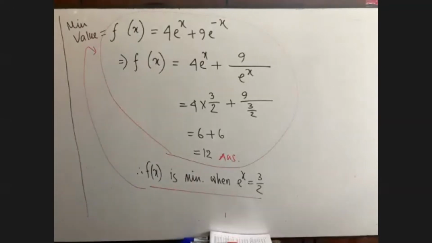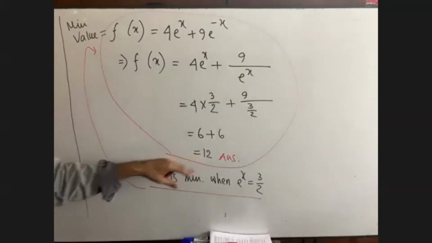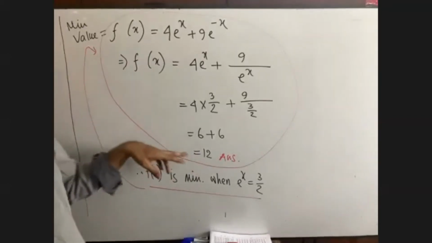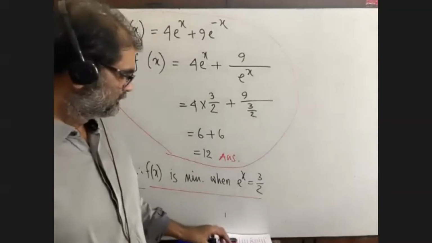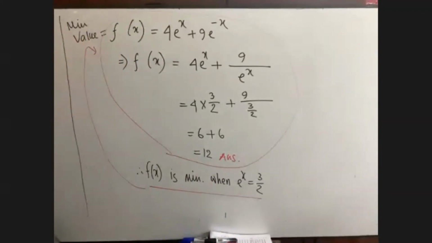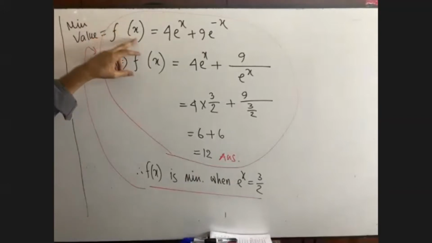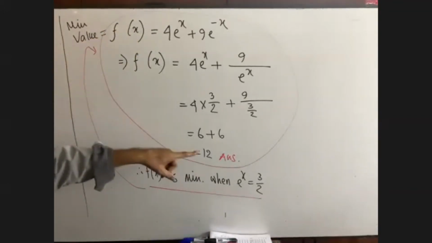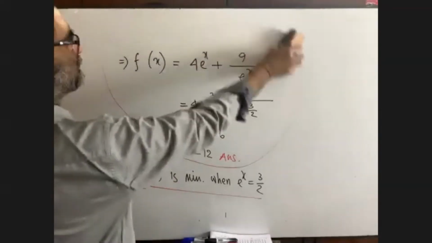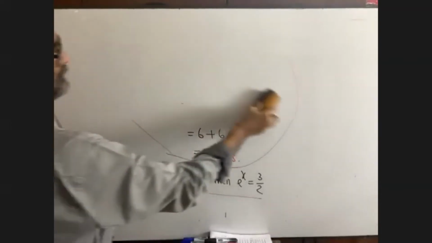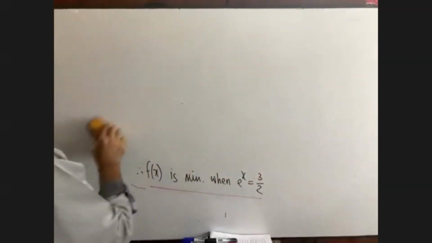For both the cases, we have got the same value, that is 12. But there it was 12 greater than 0 for f''(x). Now here, we have got the value 12, which is the minimum value. Have you copied it? Here it is only f(x), and for the previous part it was f double prime. So we have the minimum value as 12.